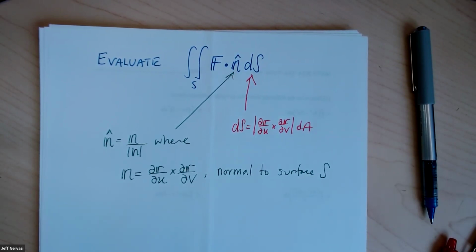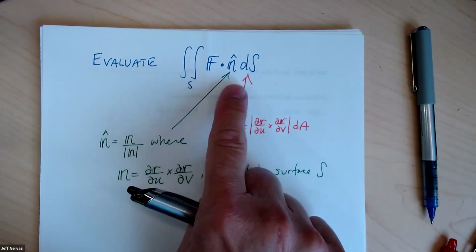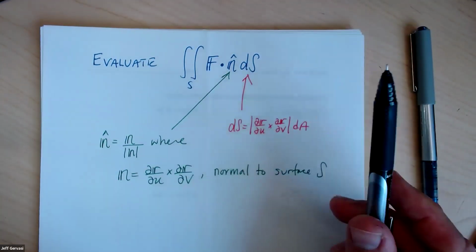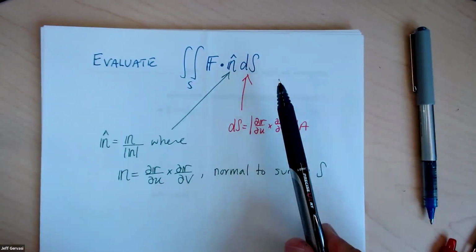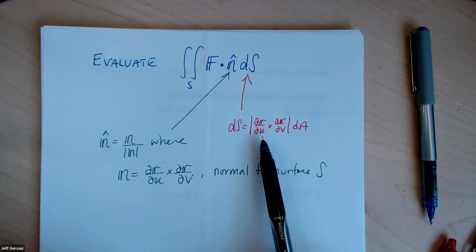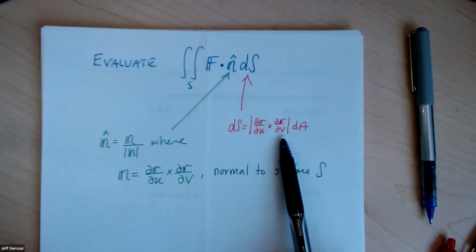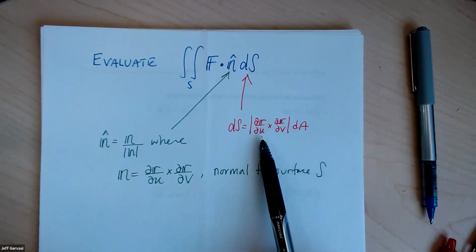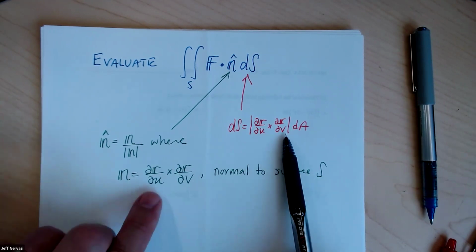We also talked about the interpretation of the flux integral, again, in other videos. I'll post them, as I said before. And we even have a video that discusses the normal vector to a surface. So I have a couple of reminders here from those videos. Our integrals are going to have this form. F, of course, is our vector field. dS, we showed, was equal to the magnitude of the cross product of these two vectors, partial of r with respect to u cross partial of r with respect to v, dA,